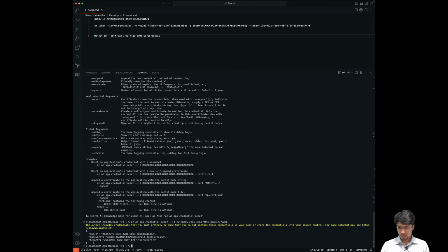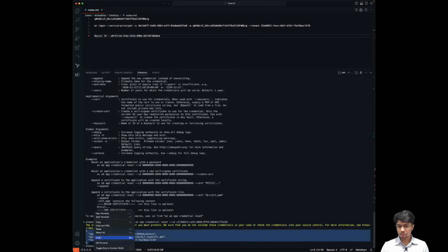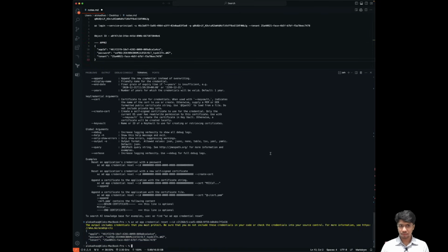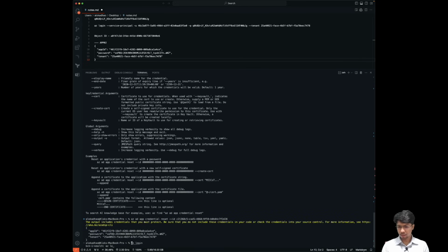Okay, now I can see I got the app ID, password, and the tenant ID. So this one I'll keep. This is for my app02. These are my access credentials. Okay, if I go try az login,